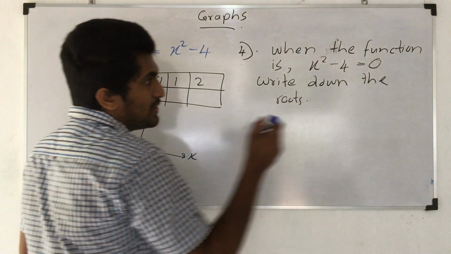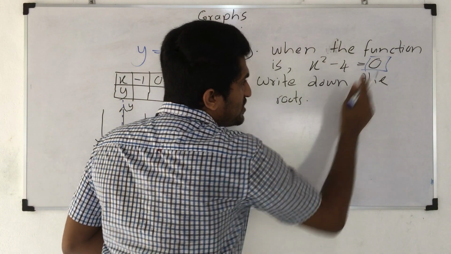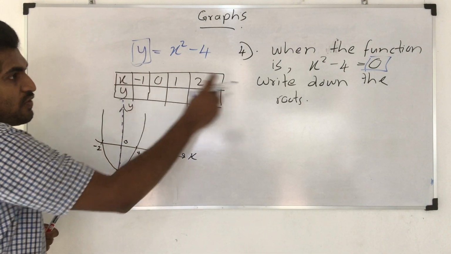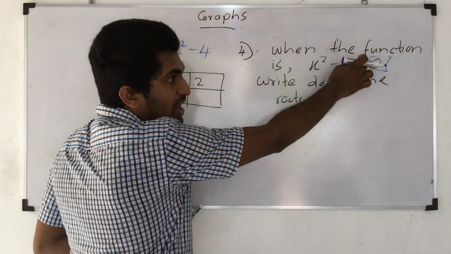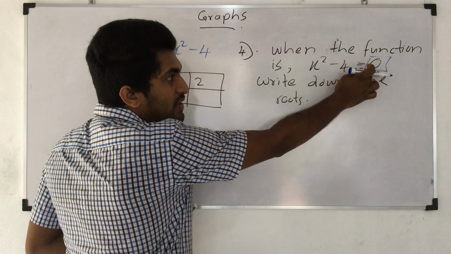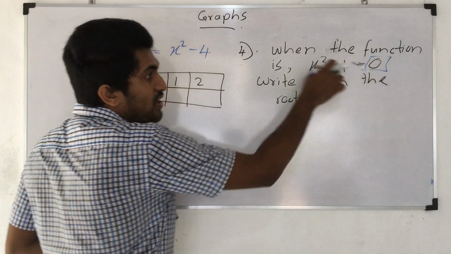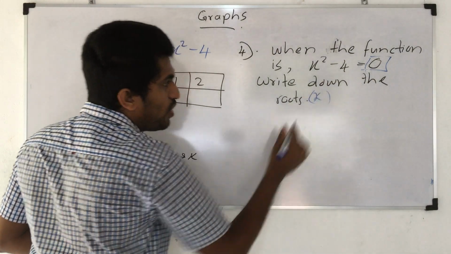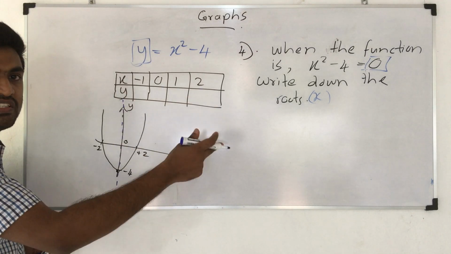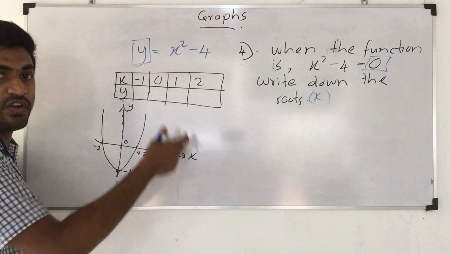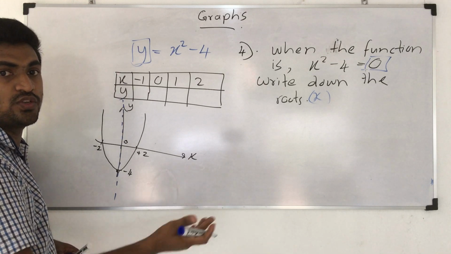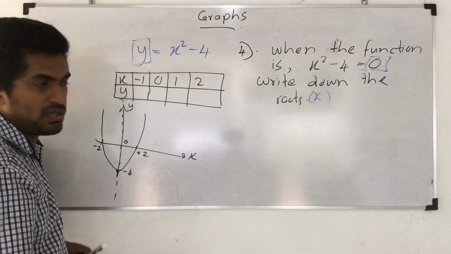Then whose position is this? This position is y's position. That position is y's position. Then how much is y here? Y is 0. This y means 0. Then what does root mean? They are asking for the x values of the function when y is 0. Root means the x values of the graph when y equals 0.